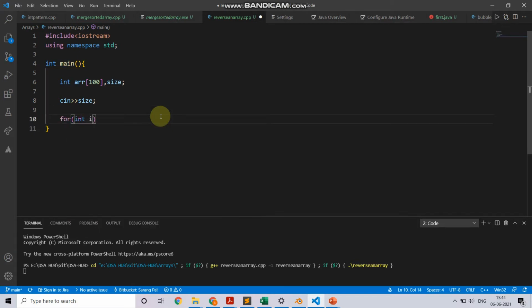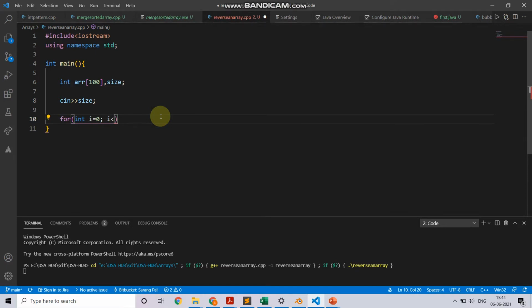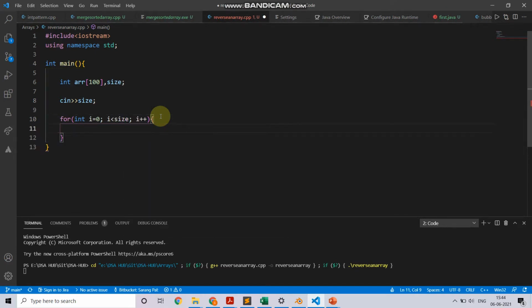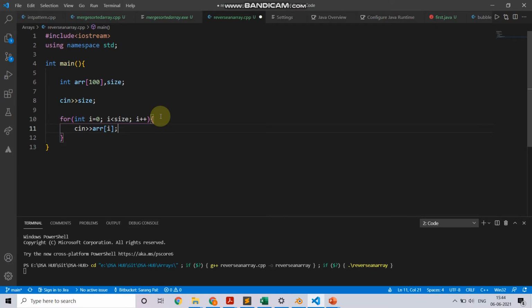Once the size is scanned, I can go ahead and scan in all my elements of the array. Since I know the size, I fire a for loop and now I'm scanning all the elements into the array.